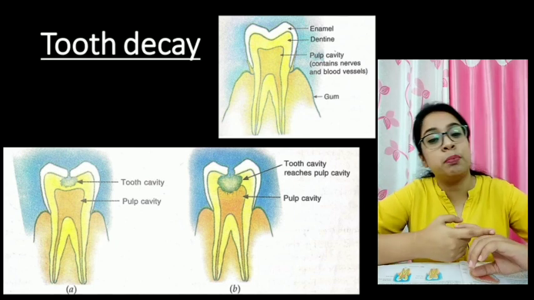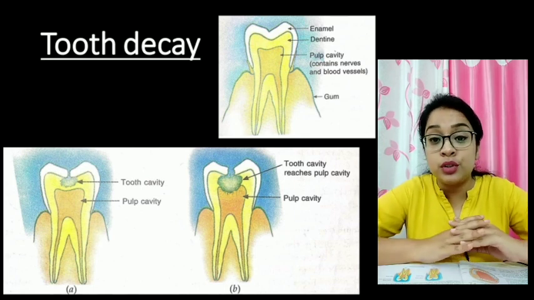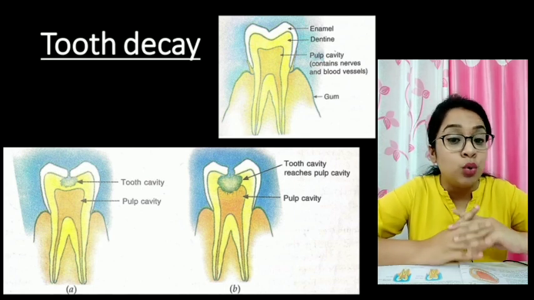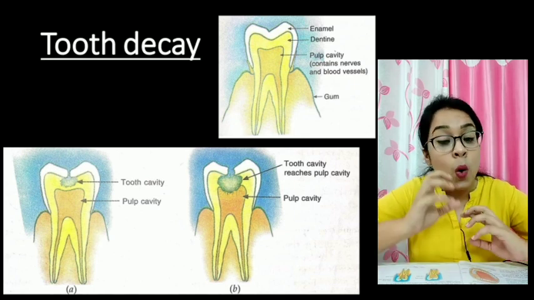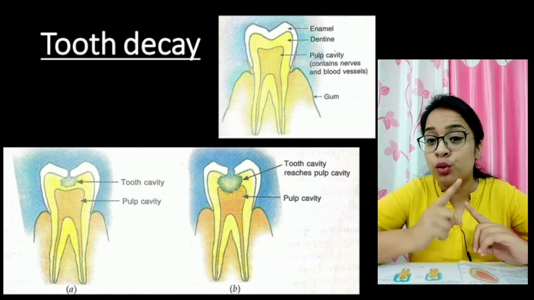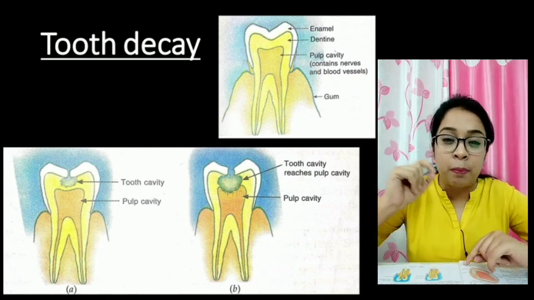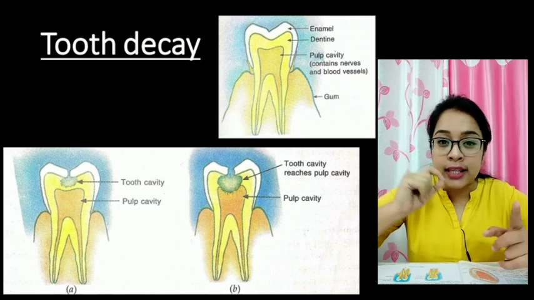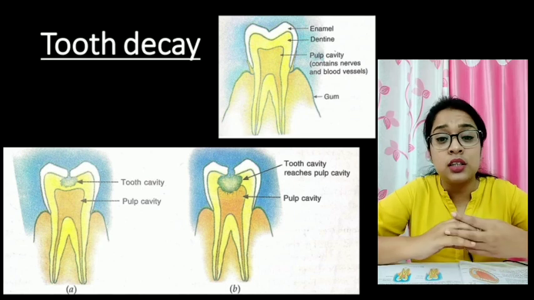And there some bacteria will come and they will eat that food and produce some acids. Those acids will rot your teeth, or they will make holes inside your teeth. Those holes are called cavities. Yes, whenever you see that there is some black spot on your teeth and that keeps on growing, that is actually a cavity. Cavity means it is a hole.